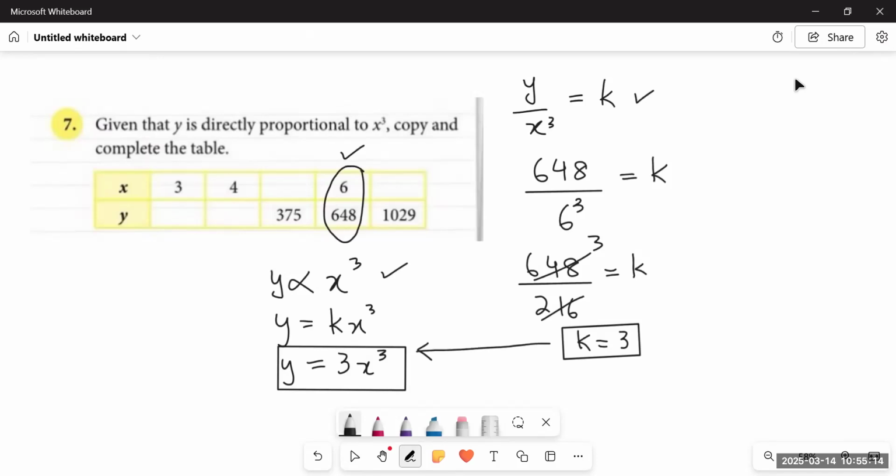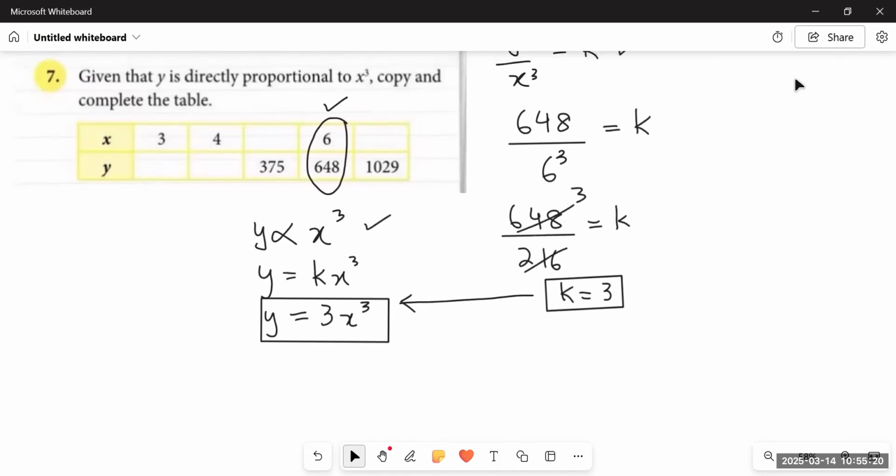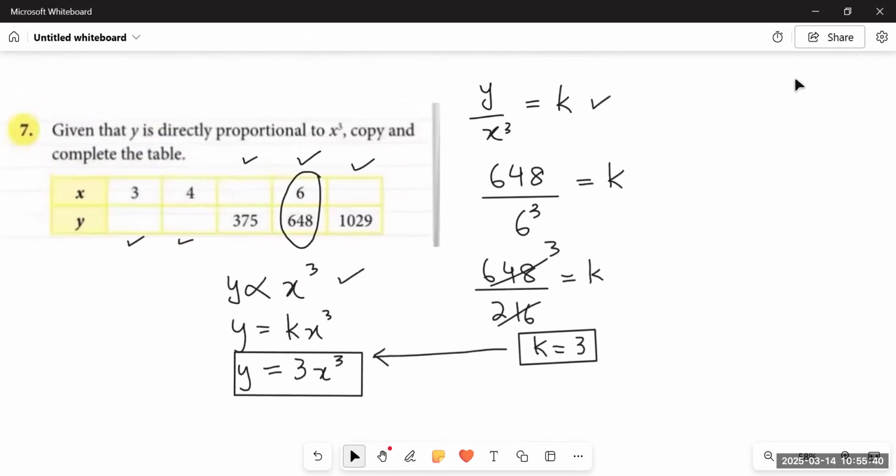So in this situation, if you notice, in some of the cases, we are provided with the value of x, that is in the first two, where x is equal to 3, and we have to find out the value of y. Similarly, if x is equal to 4, we have to find out the value of y. But in the later two cases, the value of y is given, and we have to find out the value of x. So let us use this particular equation, which is y is equal to 3x cubed.